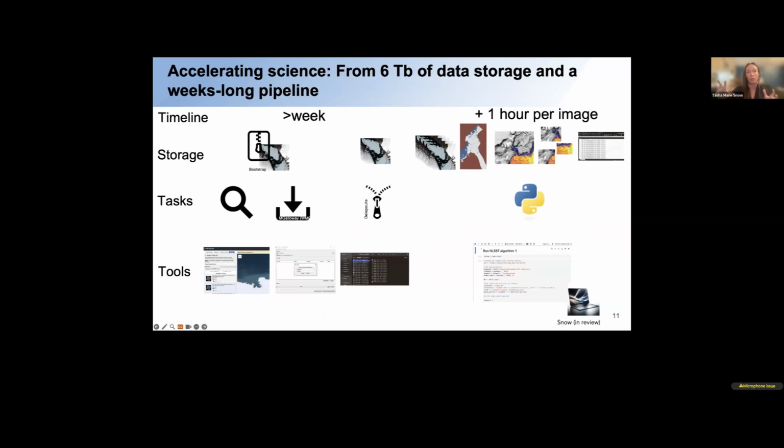So you can see all different kinds of tools that don't really work together, different tasks that I used for that, and the data storage. And you'll notice there's a lot of data storage because it's really slow to create some of these intermediate steps, and so we want to store all of that. And that ends up taking about 6 terabytes of data. And it's a weeks-long to months-long pipeline to be able to do that because you're manually downloading the